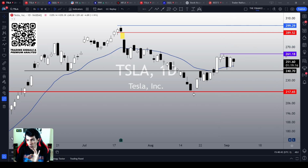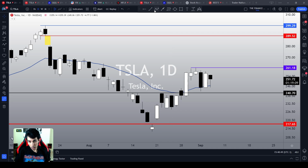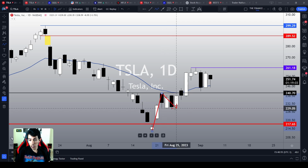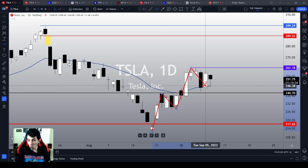261.18, this purple line over here. Why is this purple line so important? Because, guys, Tesla is bullish right now on the daily chart. We are making higher highs, higher lows. We did a higher low over here. We broke the previous top level, and right now we are making a